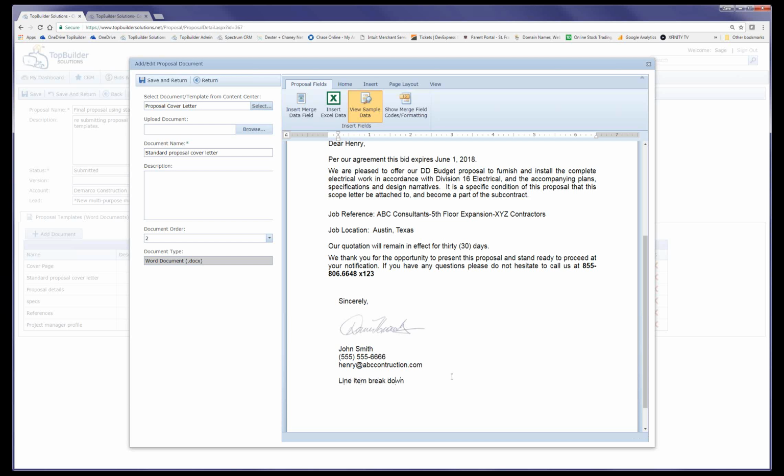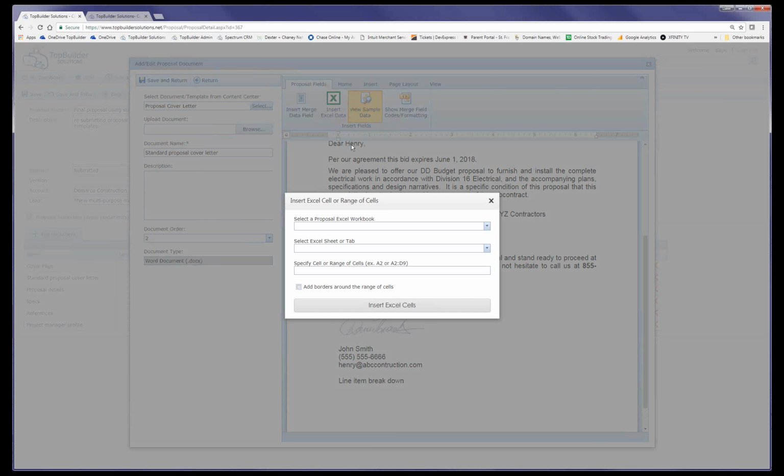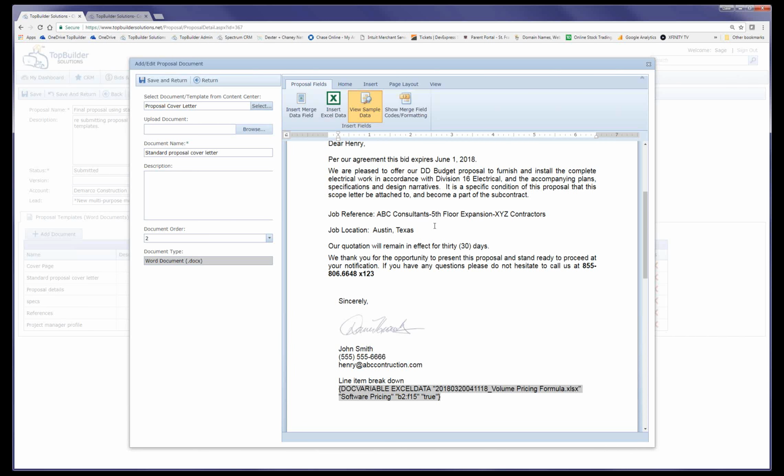And I'm going to take that right out of Excel. Pick the document that I have, because you might have multiple documents in your proposal. I want this pricing, and I want the range to be B2 to F15. I'm going to put some borders around that. Okay? And when I view it,